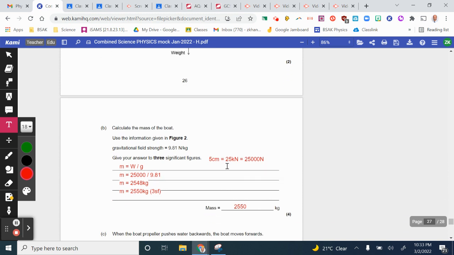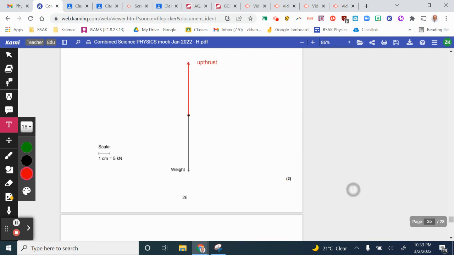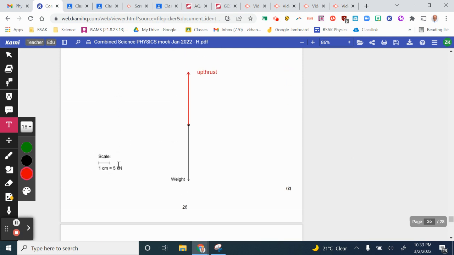Now, the next part is calculate the mass of the boat. To calculate the mass of the boat, they've given you the gravitational field strength, and this diagram shows you that it's to scale. So that means every 1 centimeter is worth 5 kilonewtons. So when we measure from here to here, we notice that it is 5 centimeters long. So that's five lots of 5 kilonewtons, and as a result, that's 25